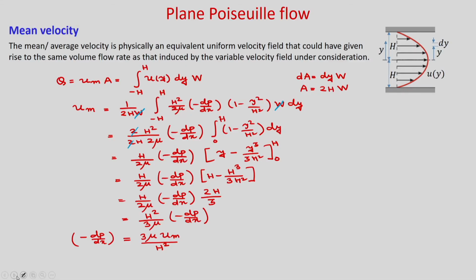So, now if you find the velocity profile, you can write in terms of mean velocity, u, which is a function of y, that is h square by twice mu, minus dp by dx, into 1 minus y square by h square. So, now this minus dp by dx, if you put it here, you are going to get 3 by 2 Um into 1 minus y square by h square. Okay. So, your velocity profile you can write in terms of mean velocity as 3 by 2 Um into 1 minus y square by h square. Okay.